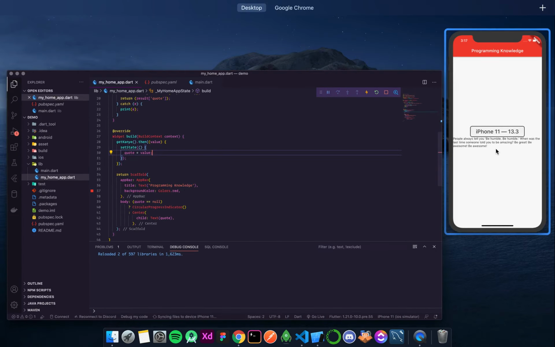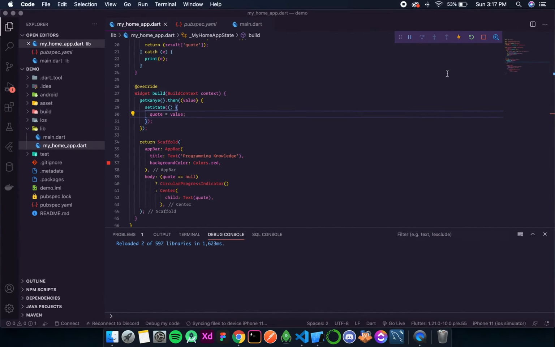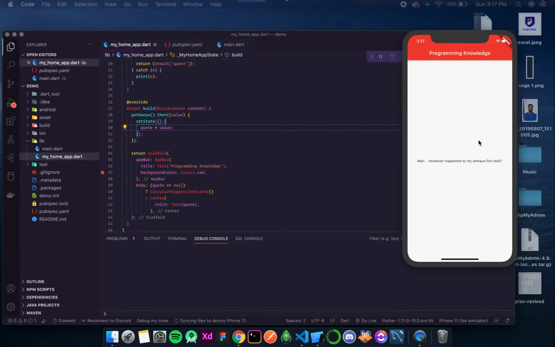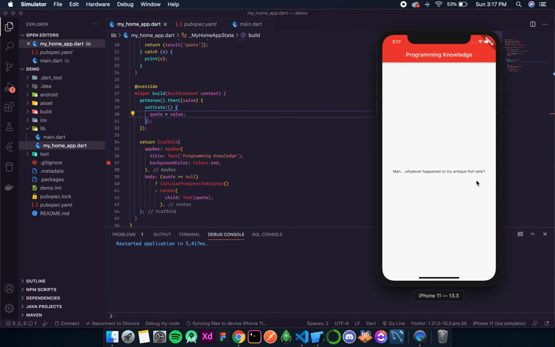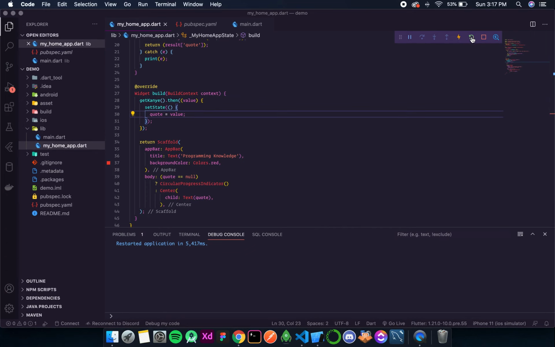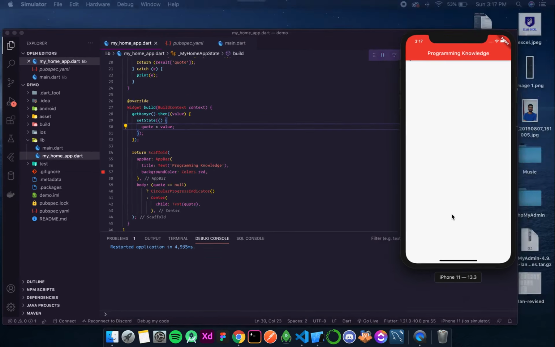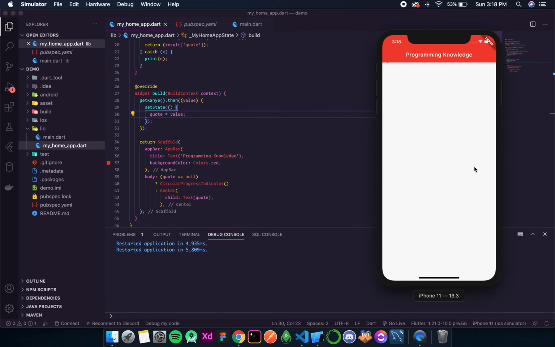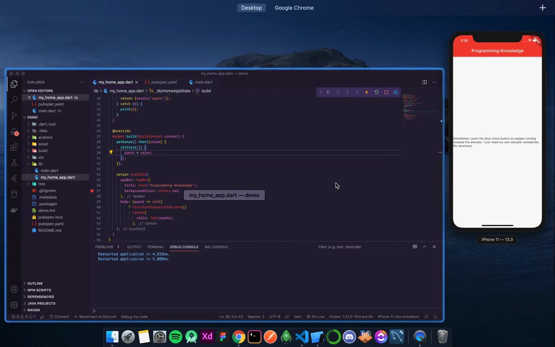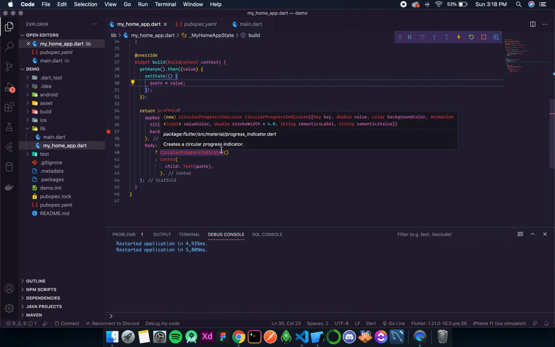Let's restart. Let's do a full restart. Okay, so I think my internet speed is very fast, that's why we are not able to see the progress indicator. Okay, yes, the progress indicator is at the top.